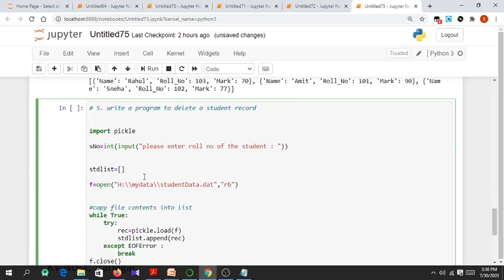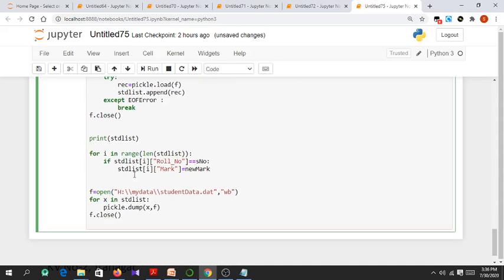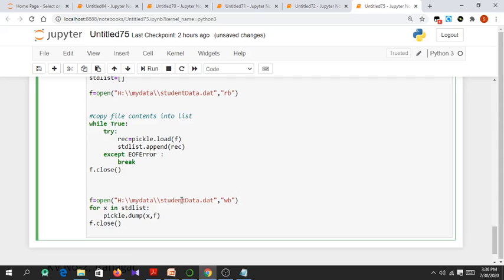For that I am applying the same logic: creating a blank list, copying everything into that blank list, and then no need of updating anything. After copying everything, this student list now contains all the data present in that file.